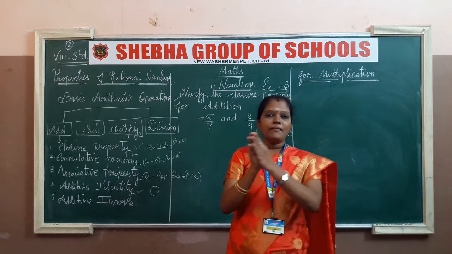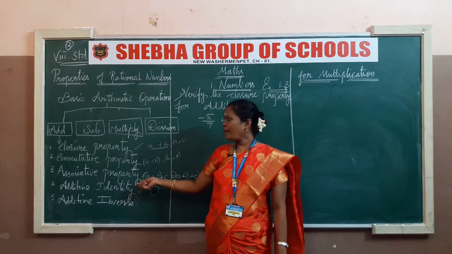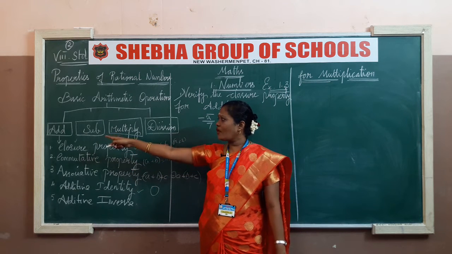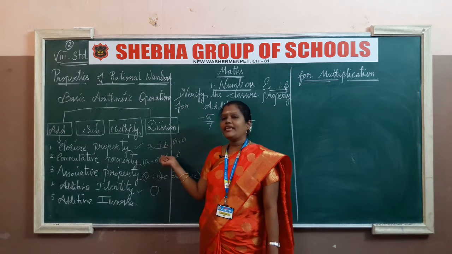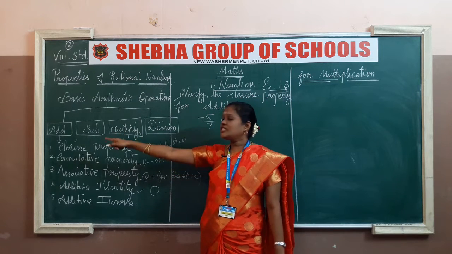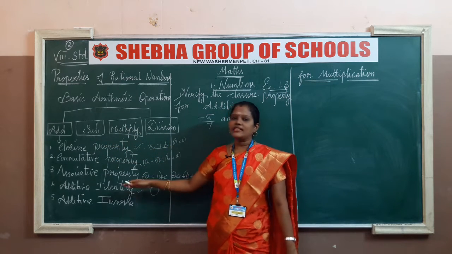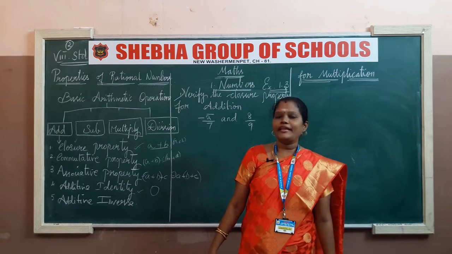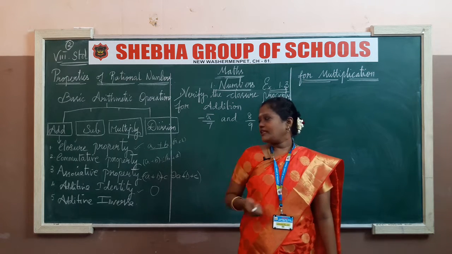The left hand side must be equal to the right hand side. These 3 properties are only applicable for addition and multiplication. The answers must be equal only in the operations of addition and multiplication. In subtraction and division, these 3 properties won't be applicable. Hereafter we can see that using the sums; I am explaining that matter.